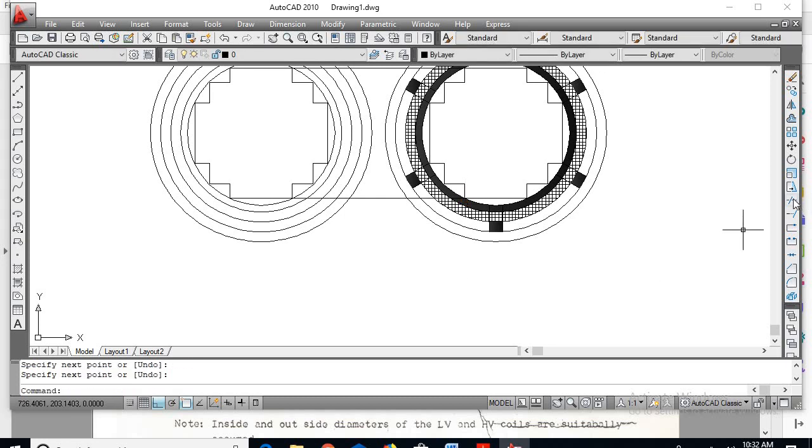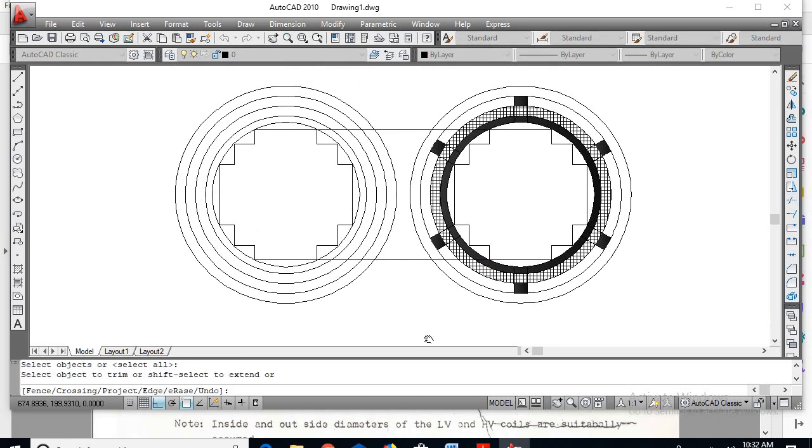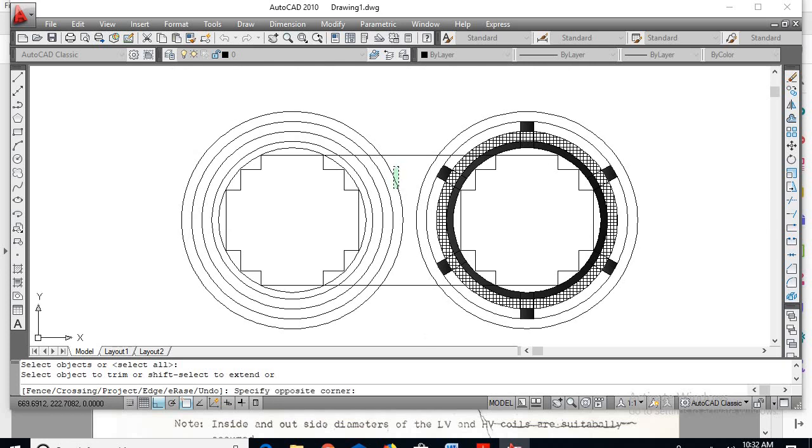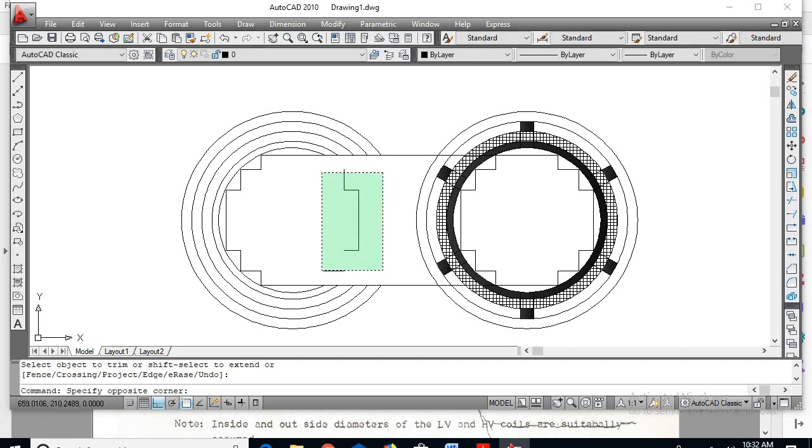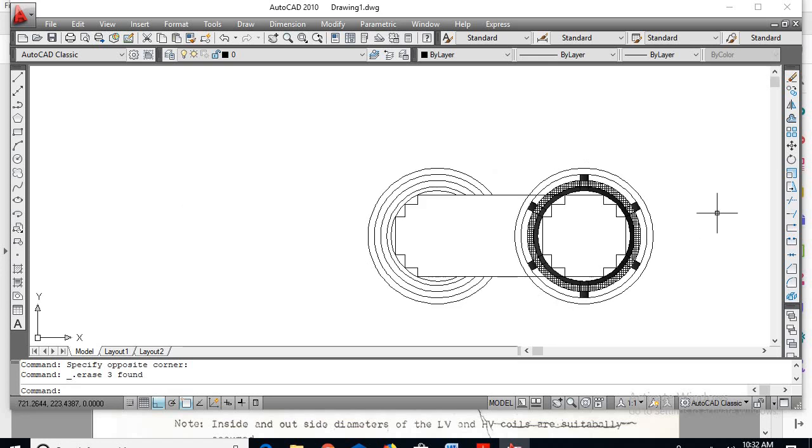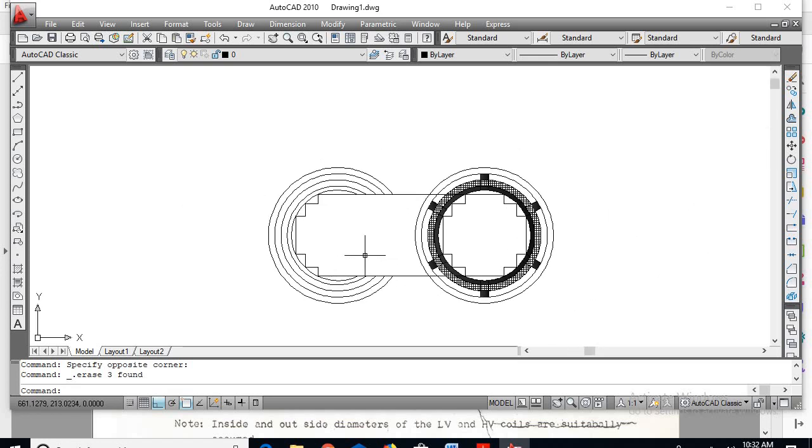So after doing this, go for trim command, right click. So trim this unwanted portion. Okay, so now you can select this and you can delete. Okay, got it?